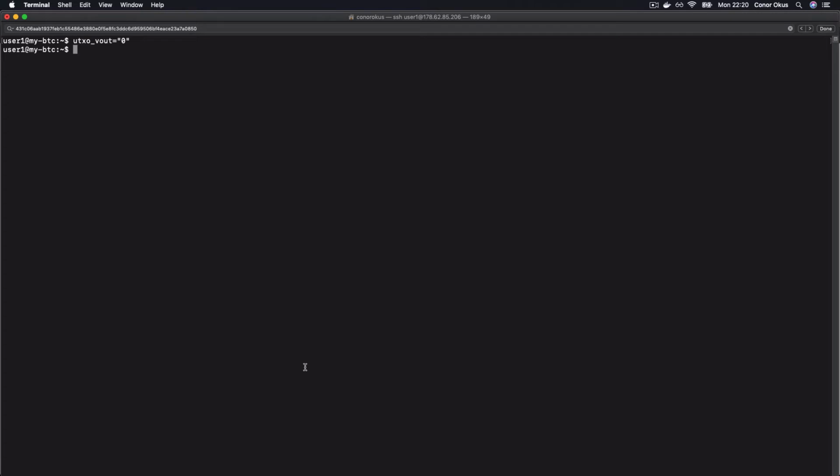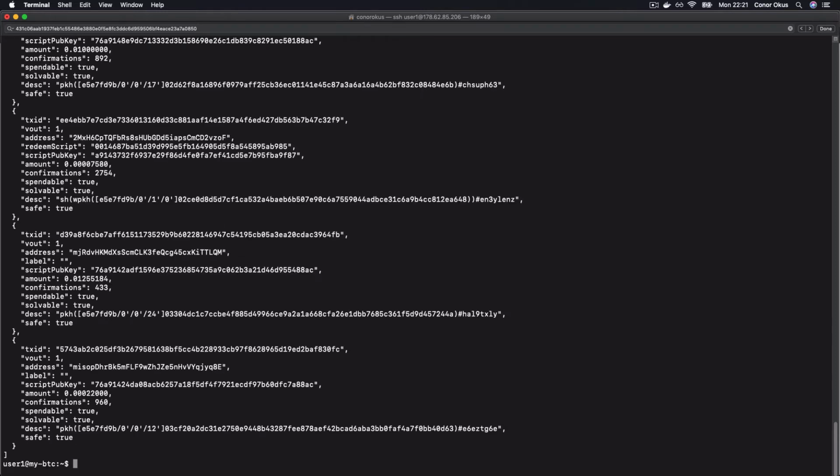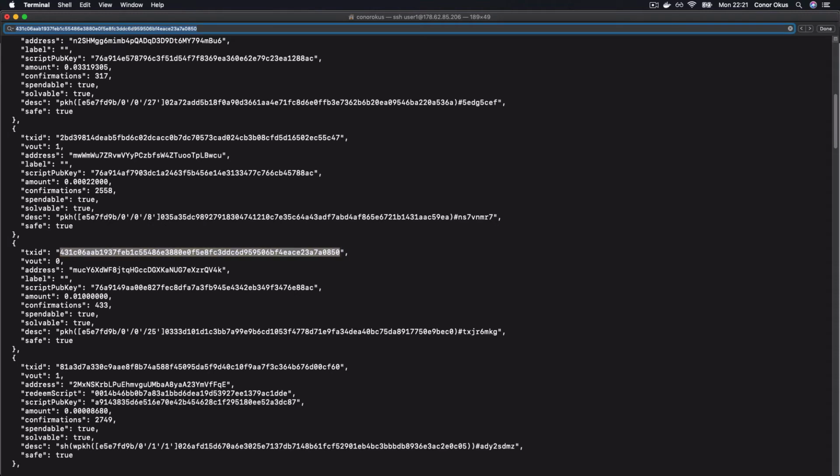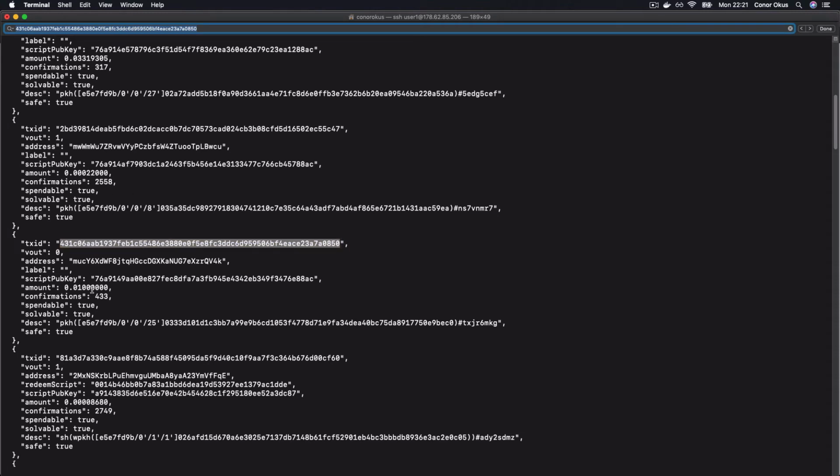So it's also important to note that we have to take into account transaction fees as well. For this transaction we have 0.01 BTC. So let's just go back and have a look at it again. Transaction fees are implicitly included. So in order to ensure that we get this